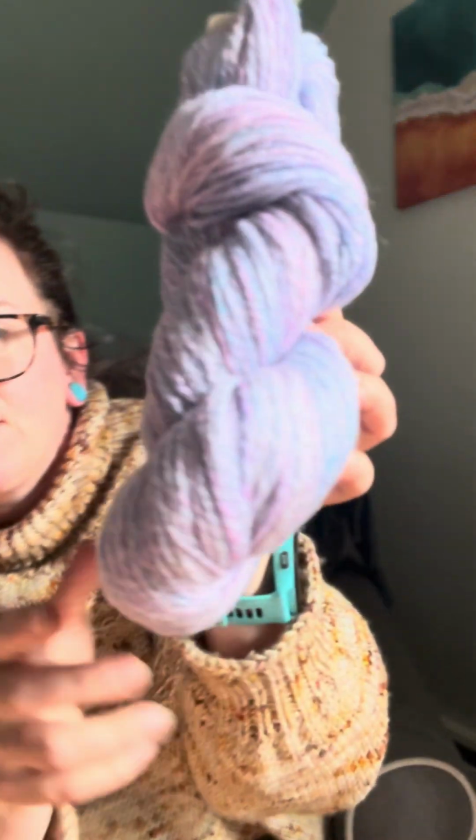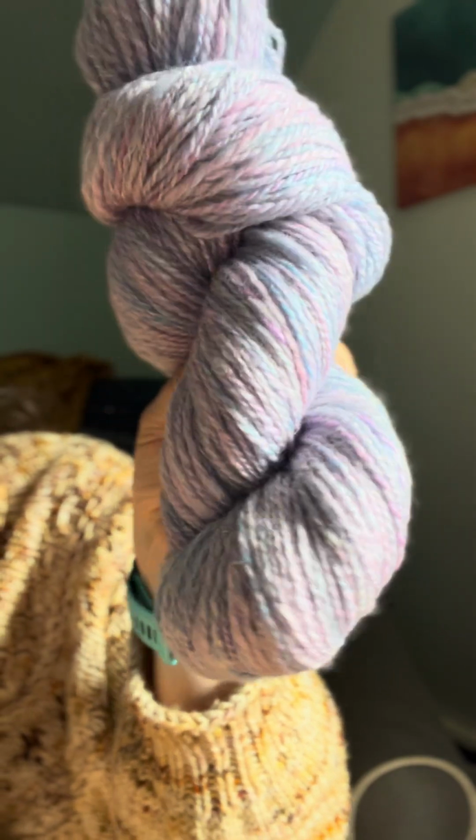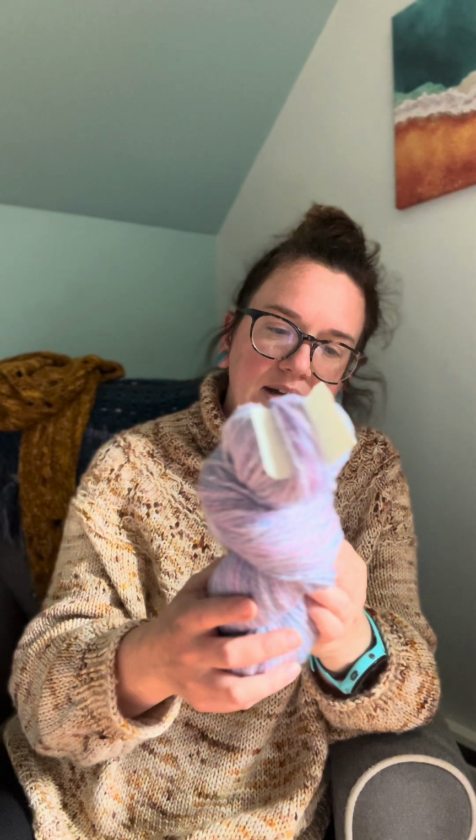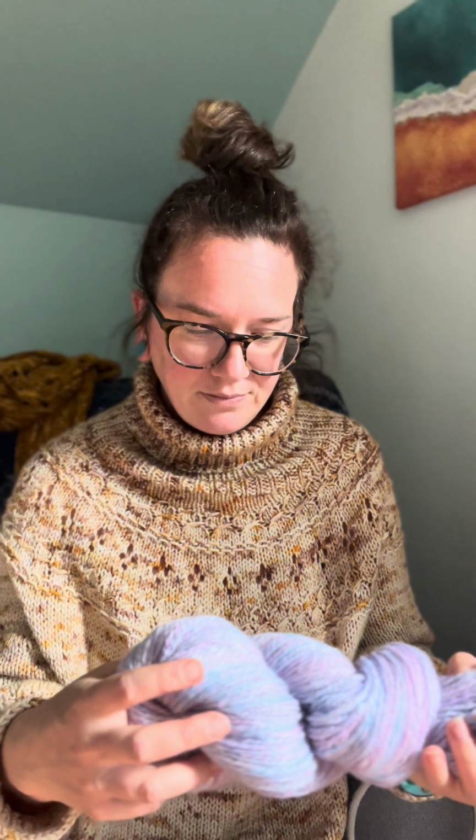The person I bought it from says it's merino. I'm not sure about that. Merino and bamboo are the lighter, shinier parts that you may or may not be able to see in there. I do believe the bamboo is true. It's some kind of plant fiber. Anyway, it was very cheap, and it came to me